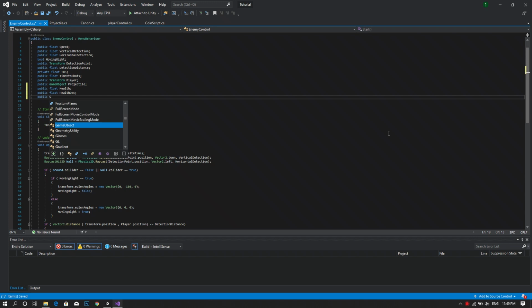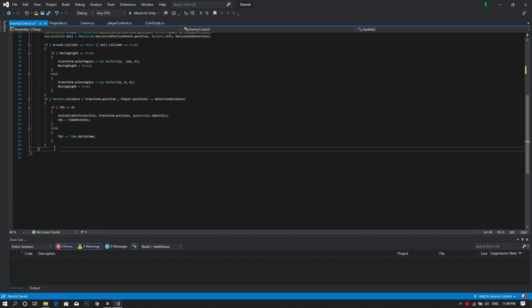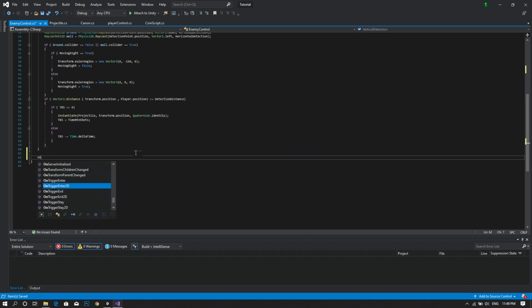Then a public GameObject called shot. Now we go below our Update function and we add an OnTriggerEnter2D function,